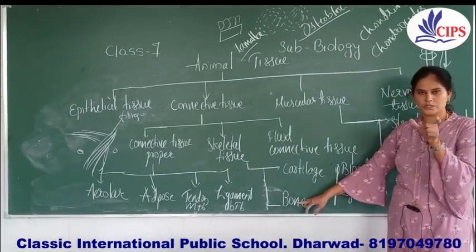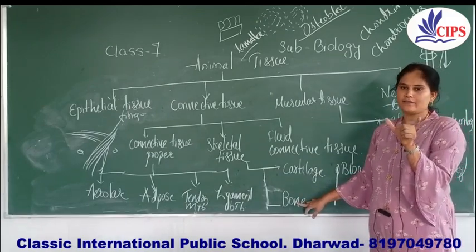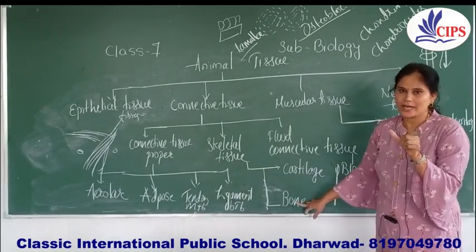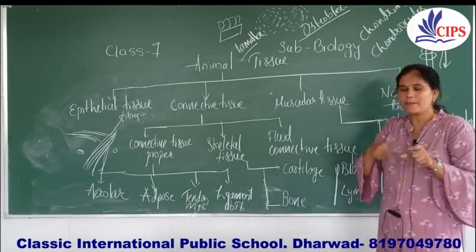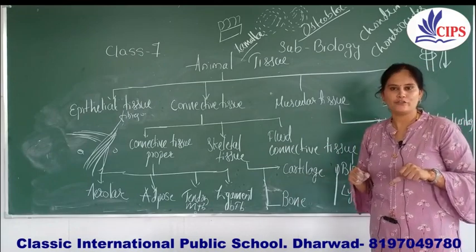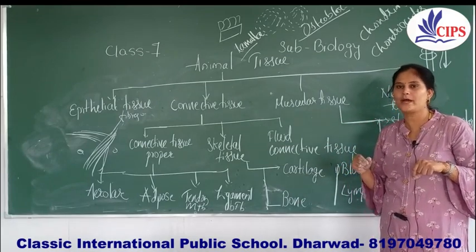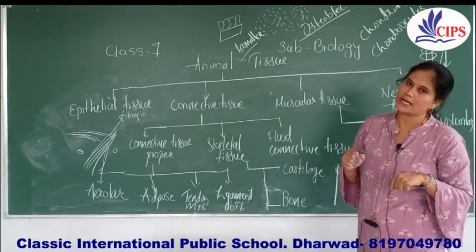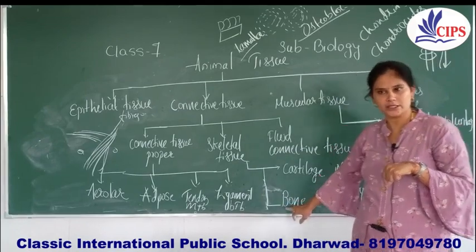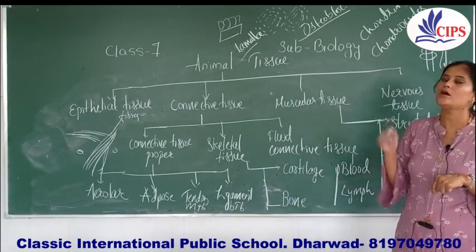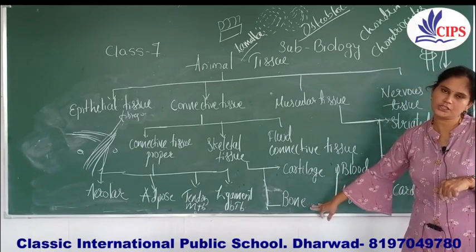Generally the long bones are hollow, and this cavity is called the marrow cavity, and this marrow cavity is filled by a fluid called the bone marrow. It is called what? Bone marrow. And the RBCs and the WBCs are produced in the bone marrow. So what is the function of the bone, children?